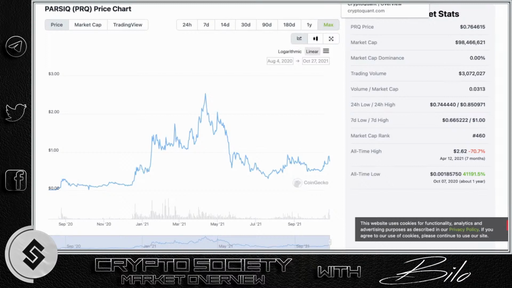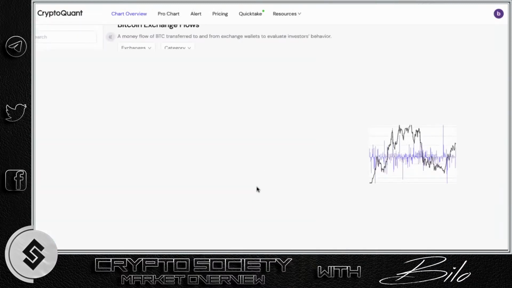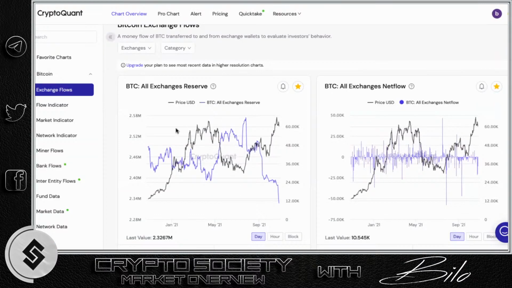One thing I forgot to do today is show you guys again CryptoQuant on-chain analysis. Reserves are still dropping. Now, bear in mind, this is as of the 25th of October, and today we are the 27th. It's always 2 days lagging since it's the free version, but